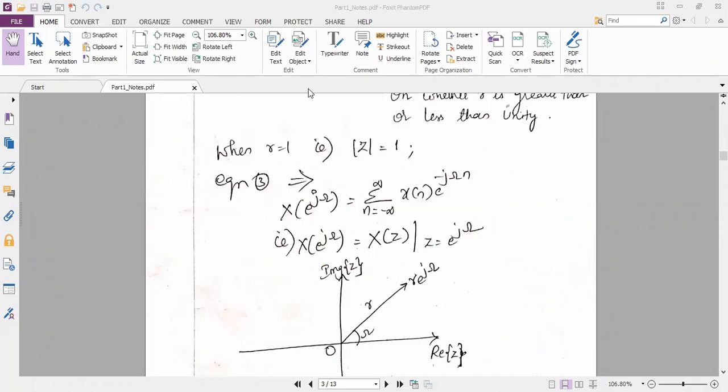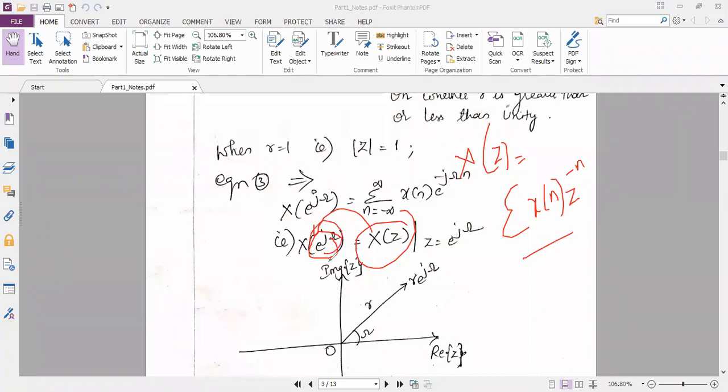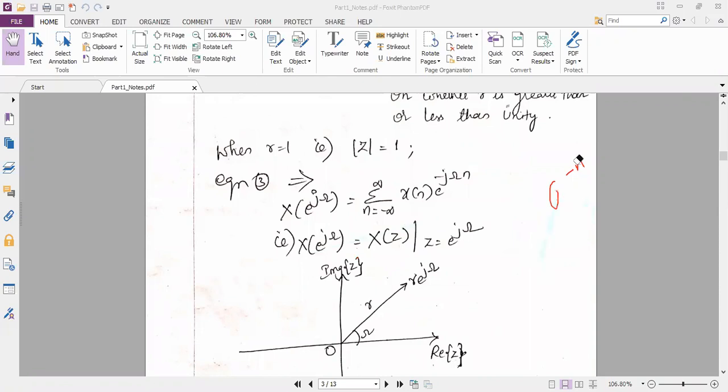As I said in the beginning, the Z transform is an extension of DTFT. So we can get the DTFT with the help of the Z transform. The Z transform formula, you know, x of z is equal to summation n equal to minus infinity to plus infinity x of n z power minus n. I will use this formula to get the Z transform. After getting the Z transform, I can get DTFT also by replacing z with e power j omega. So all these things we will be discussing in the problems. Just you need to know now how these two things, DTFT and Z transform, are compared.